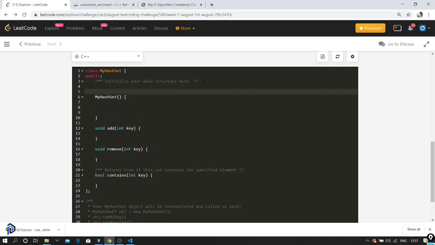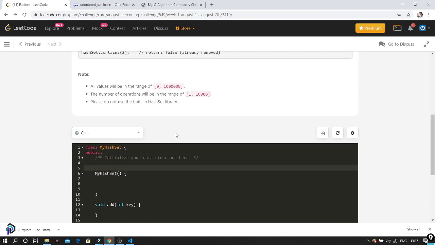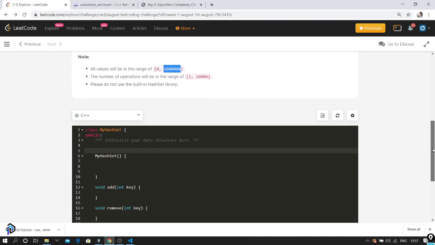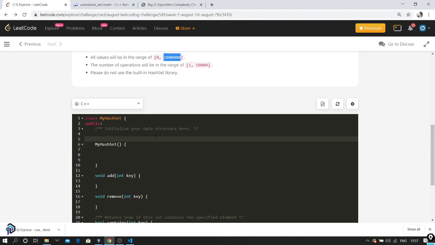So let's first create an array. The idea is quite simple. We create an array, and we know the maximum value that we can have is 1 million. Values from 0 to 1 million are possible. If I create an array of size 1 million and 1, I can use the index to check if the value is there. I will make the value at that index 1. If it is not there, it will be 0. It is as simple as that. So let's look into it.